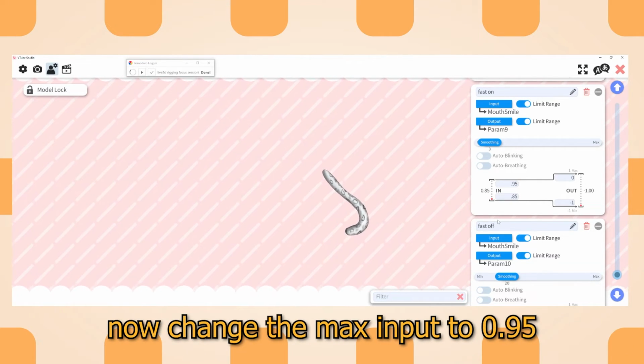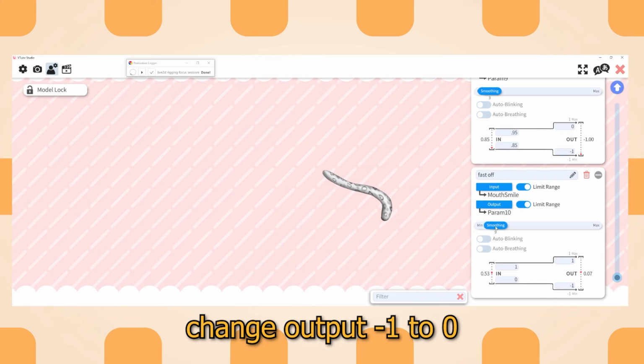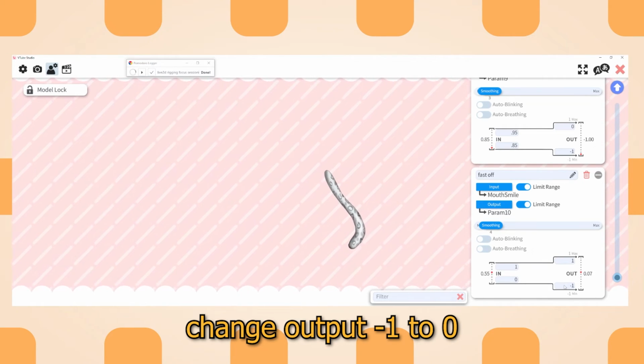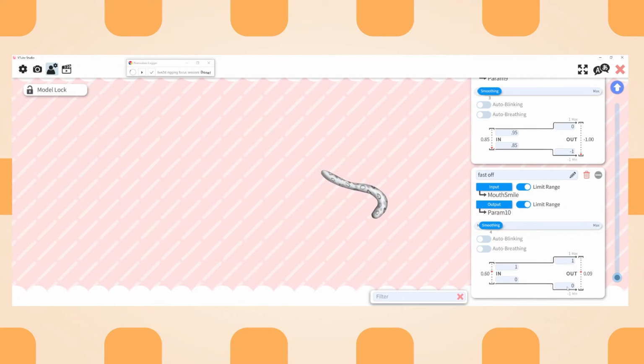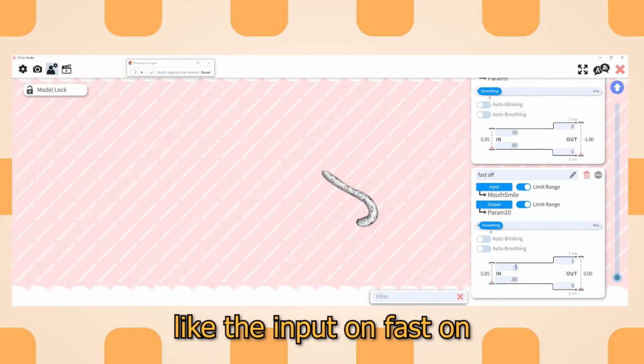So when I smile, selecting it. Now, change it to 0.3. And I want you to set this from -1 to 0. And do the same thing, right? 0.85. 0.5. So when you smile,